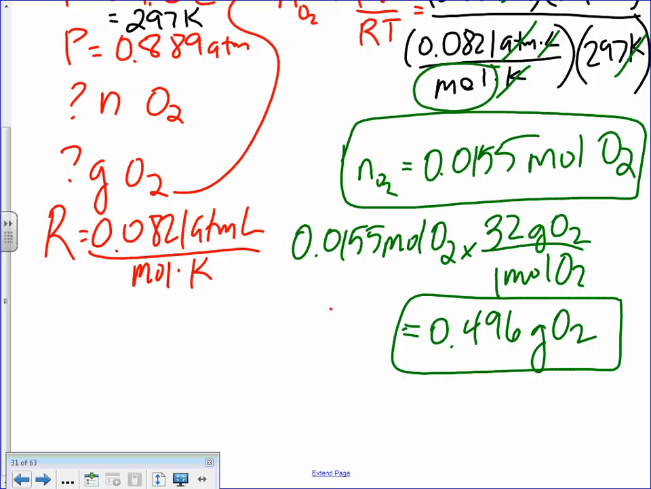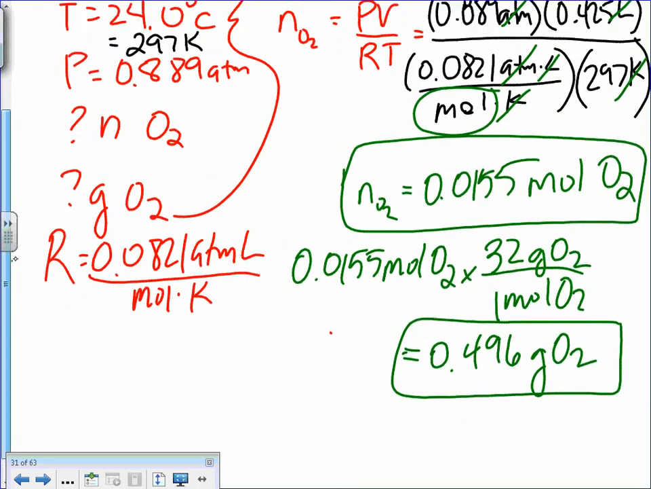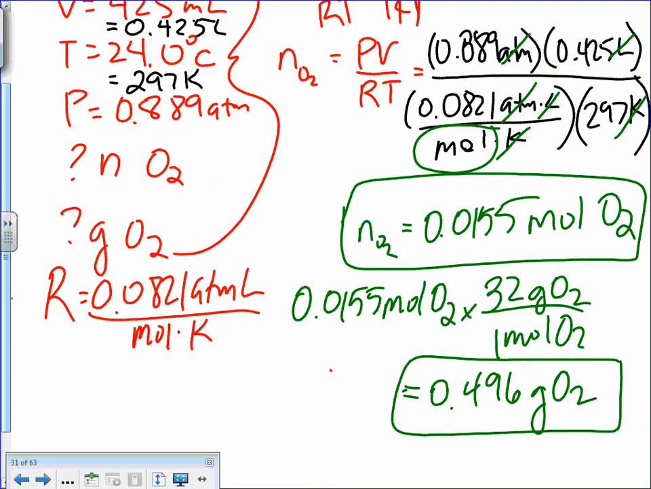And that's what I like to make sure people have a chance to plug in a calculator. When I say use a calculator, I literally mean it. You need to put in your calculator something like this: 0.889 times 0.425, all in parentheses. And then divide by